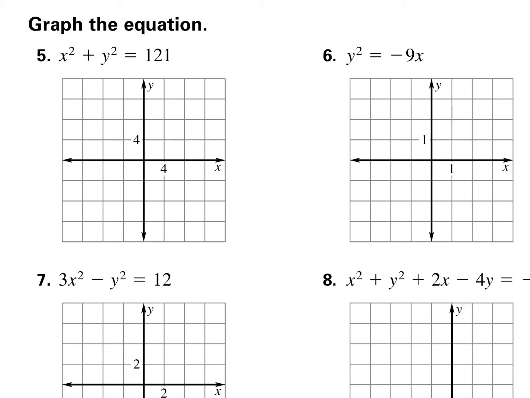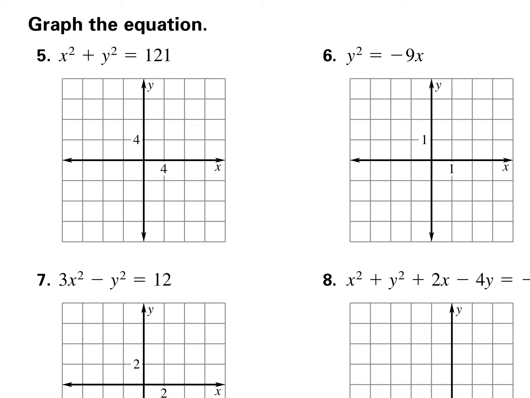Okay, so Unit 10 review, Part 2. Now we're going to talk about numbers 5 and 6. We're going to be graphing equations of conic sections, starting with number 5. And if we take a look at number 5 here, we notice that we've got x squared plus y squared